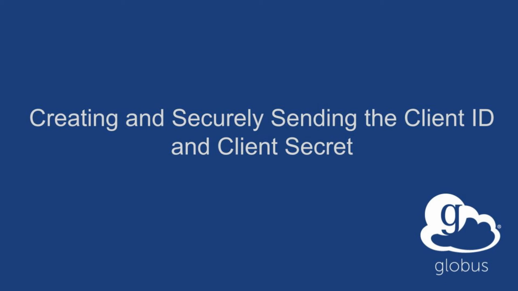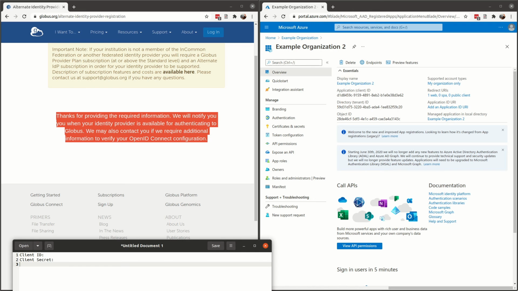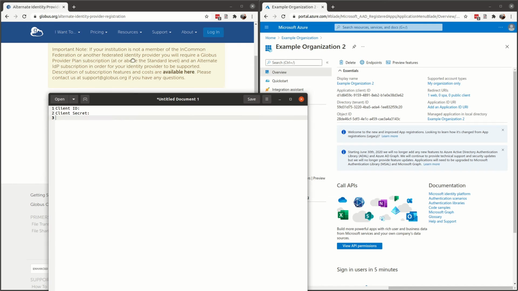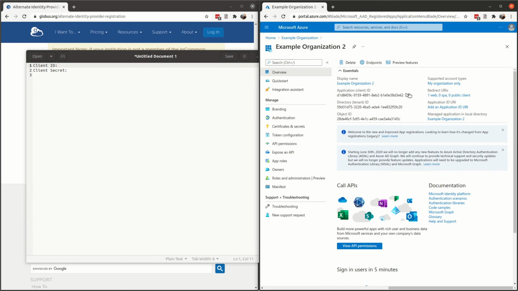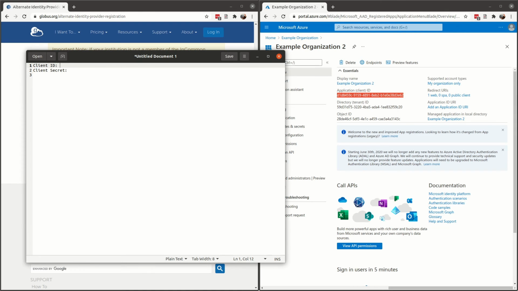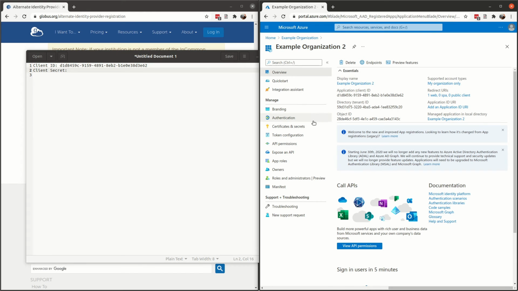While we're configuring your identity provider, we'll need a client ID and secret from you to allow Globus Auth to communicate securely with your identity provider. This client ID and secret can be found on the Azure Active Directory page. The client ID can be copied from the overview. The secret can be created under Certificates and Secrets, where you can then add a new secret and copy it